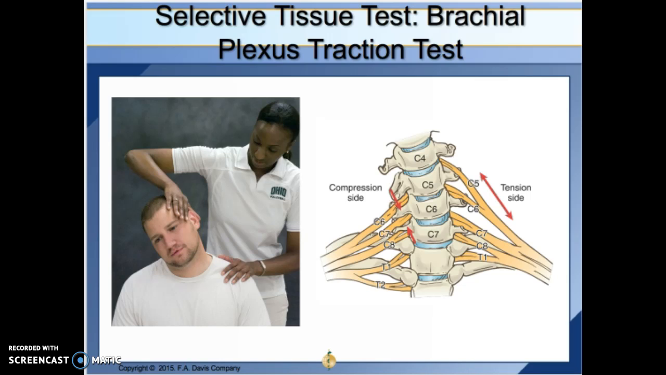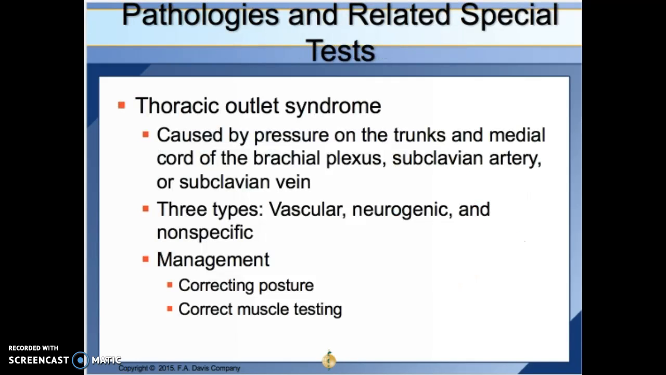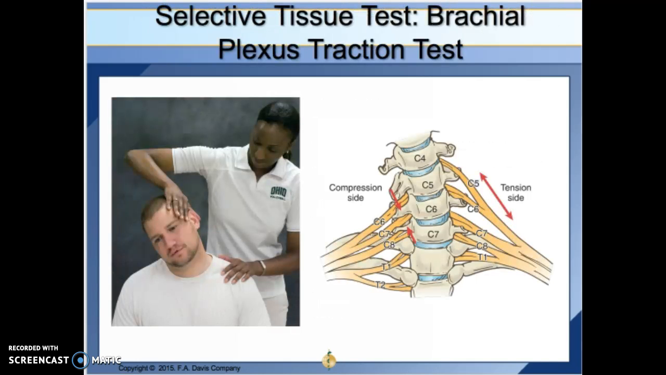Okay, so here's our brachial plexus traction test. In this diagram here, the tension force is being given to the patient's left side. If they experience pain on the right side, then that would be considered possibly a nerve root involvement or possibly a compression type of an injury to the brachial plexus. So it could be either or. All right, so then I was mentioning